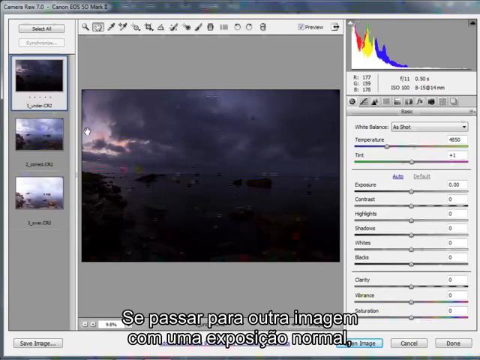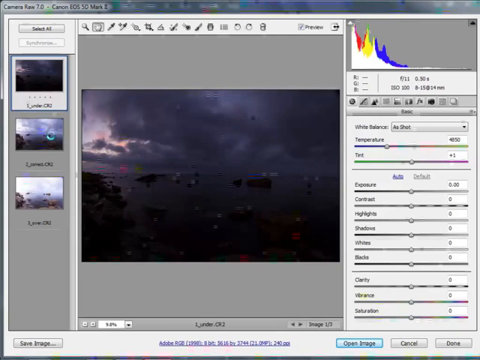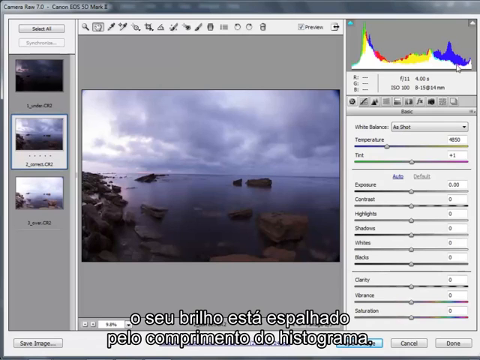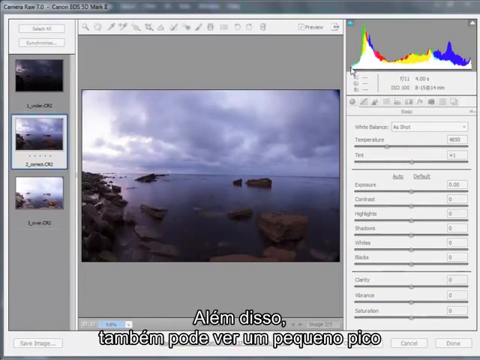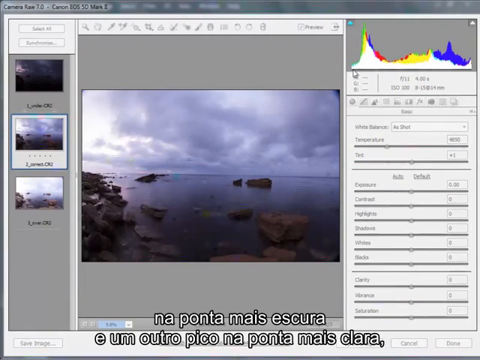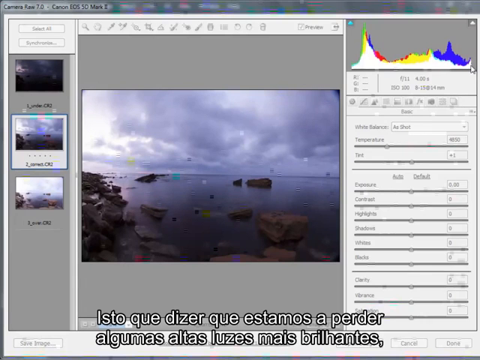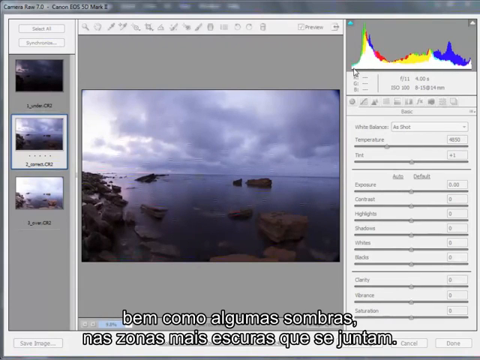Now if we swap to a more averagely exposed image, just the next one down, you can see that the distribution of the pixels, their brightness, is spread across the entire length of the histogram. You can also see that there's a small peak at the very darkest end and another peak at the very brightest end on the right hand side of the histogram. This indicates that we're probably losing some of the brightest highlights as well as some of the shadows, the darker